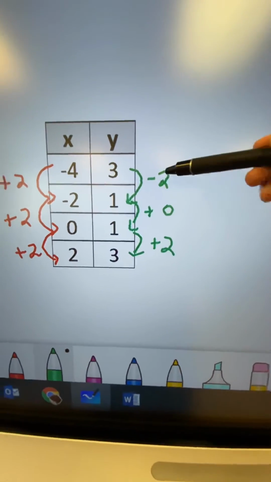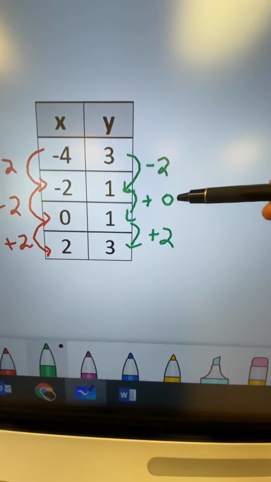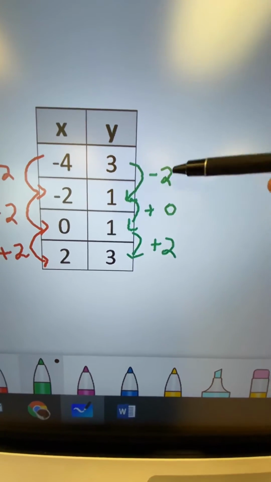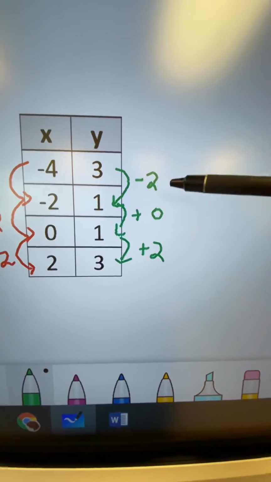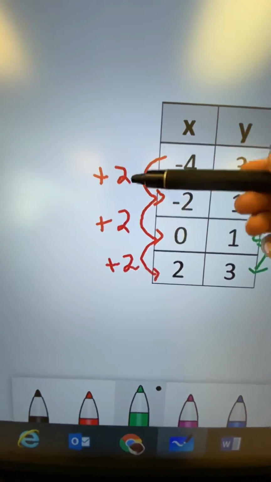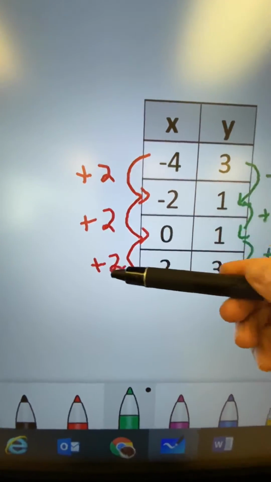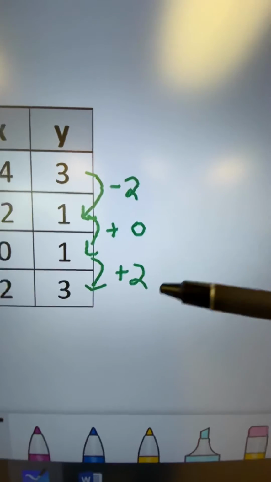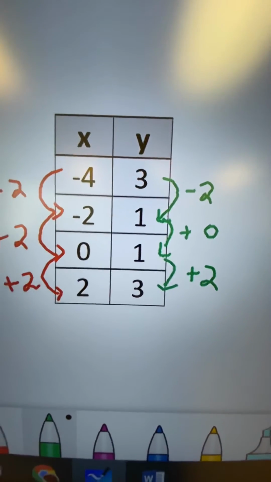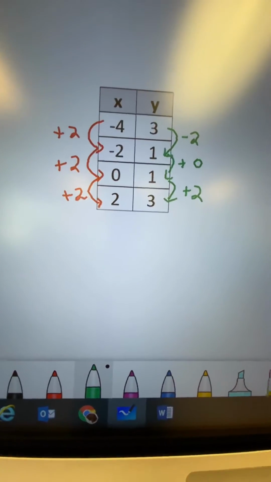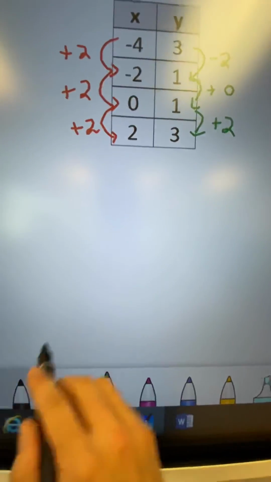So notice that it decreased by 2, stayed the same, it increased by nothing, it didn't change. And then it increased by 2. So we don't have a constant rate of change. And a constant rate of change means it should be the same value. So in this case, it was a constant rate of change because it added 2 every time. Here, it's not the same value, it's different. So if your values are different, automatically it's not a linear function. And keep in mind that a linear function just means if you were to graph it,